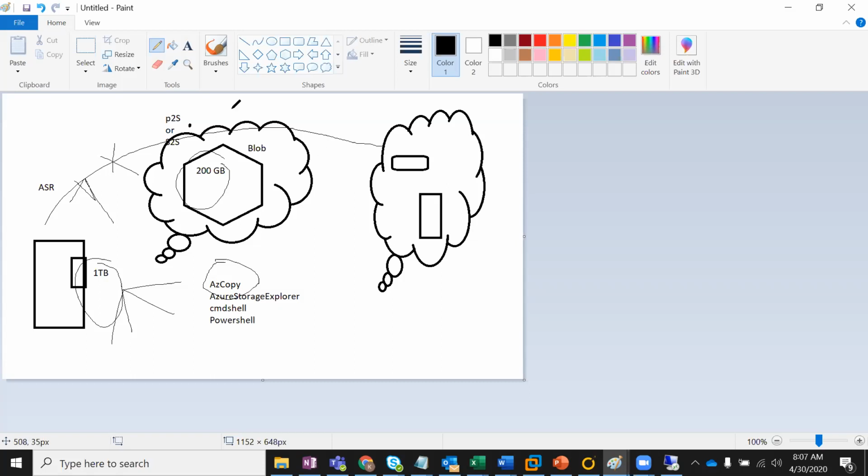The other approach: since we have the establishment done with either point-to-site or site-to-site configuration, I'll configure between this and this. I'm not considering 1 terabyte at this moment. If it is 6 or 7 terabytes, we have one more approach, Azure Data Box, the physical movement of the data.